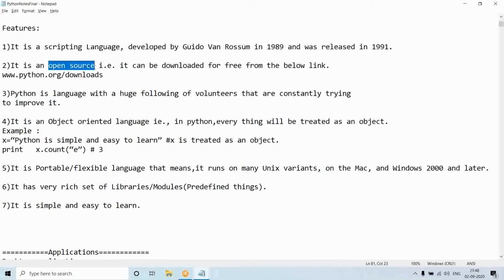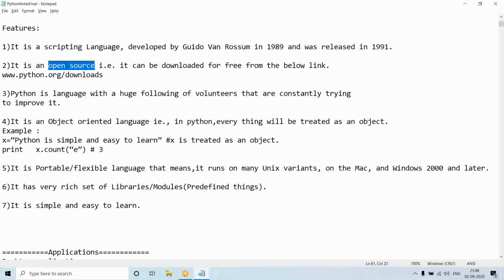Anyhow, I will show you how to download it, no problem. To download the Python software from the internet, do you need to pay anything? No. You can download it free of cost.